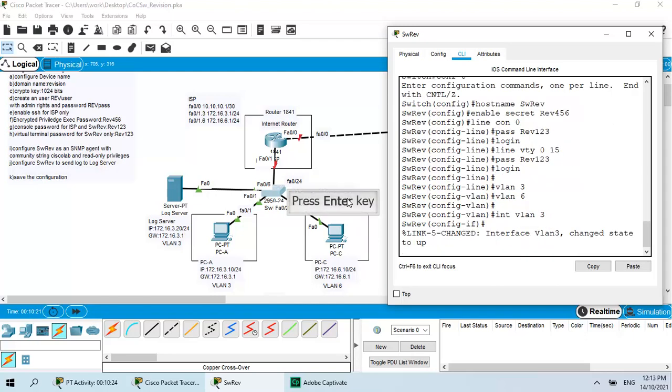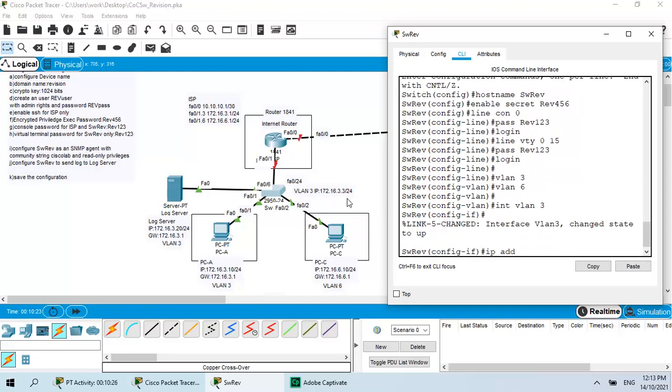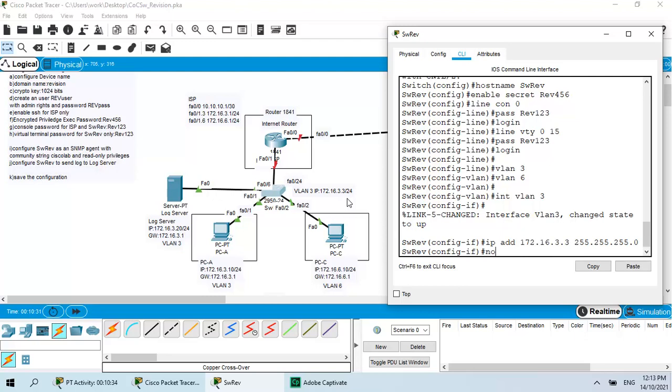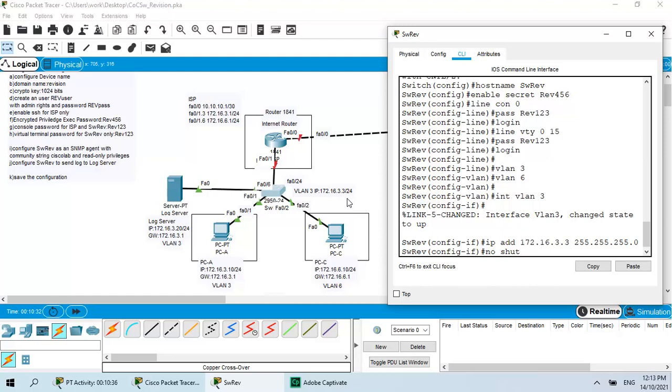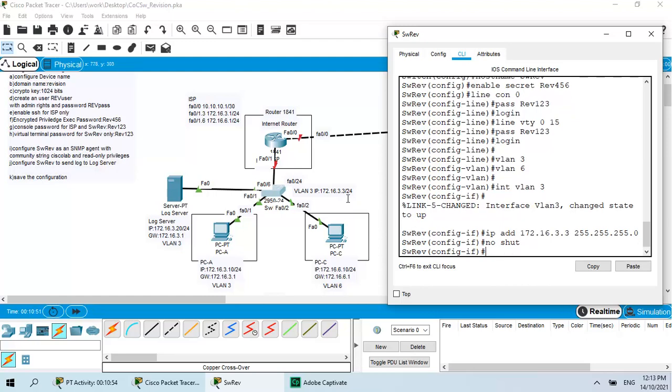Okay, IP address 172.16.3.3, 255.255.255.0. No shut. Always remember when you're working with an interface, it's good practice to do a no shut at the end. So for the default gateway, since we know that the management VLAN is VLAN 3,